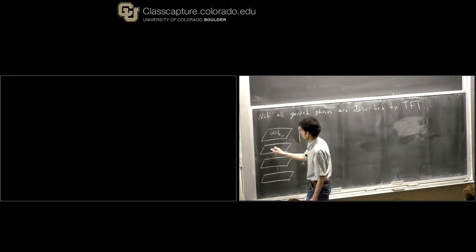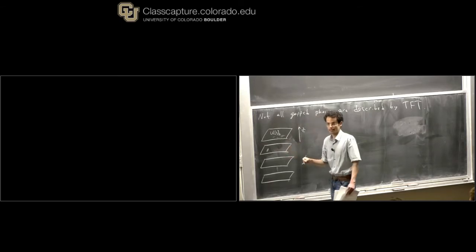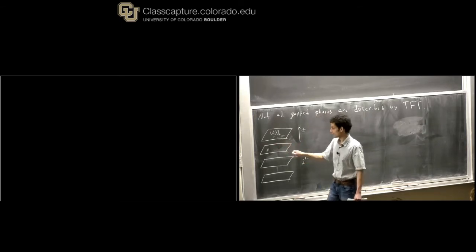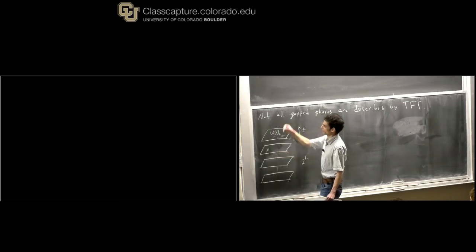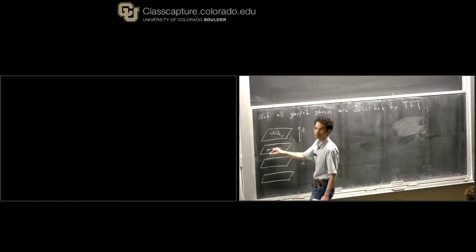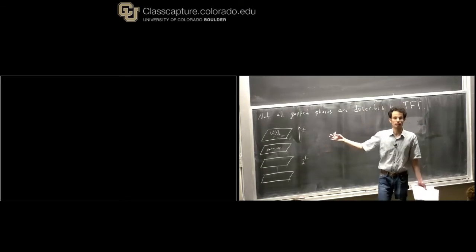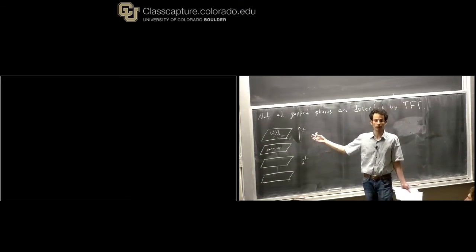Also, if I take some anyon, so this U1 level 2, as Greg discussed last week, it has Wilson lines, right? So these Wilson lines end on particles, and the Wilson lines are particles. So if I take an anyon from one of these planes, it can move in the plane, but it cannot move out of the plane. So clearly, this is very anisotropic. So it's not described by a topological field theory of the usual kind.